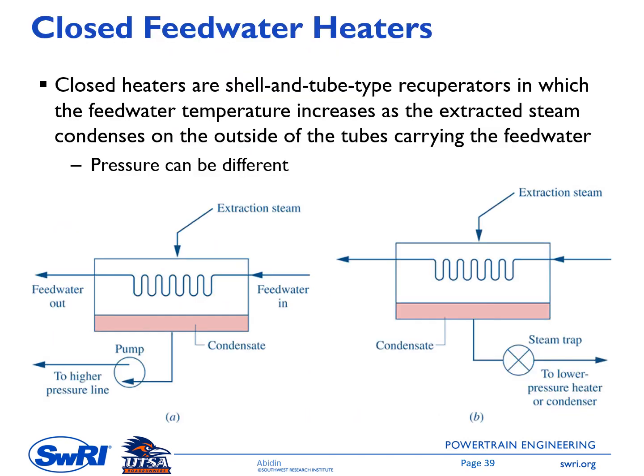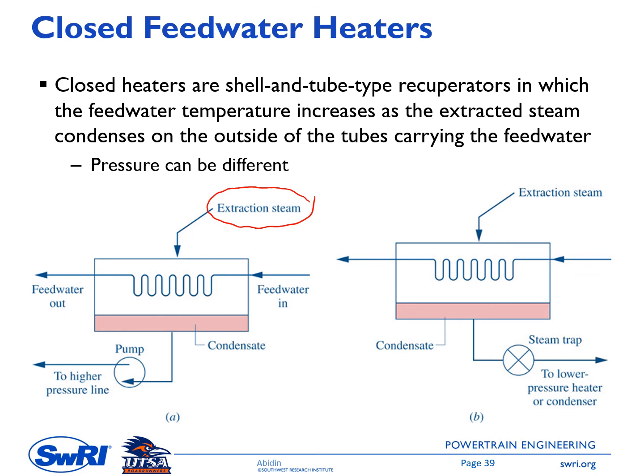The second type of the feed water heater is what is called the closed feed water heater. This closed feed water heater is a shell and tube type recuperator in which the feed water temperature increases as the extracted steam condenses on the outside of the tubes carrying the feed water. So look at this schematic. So we have the extracted steam in this side, and then